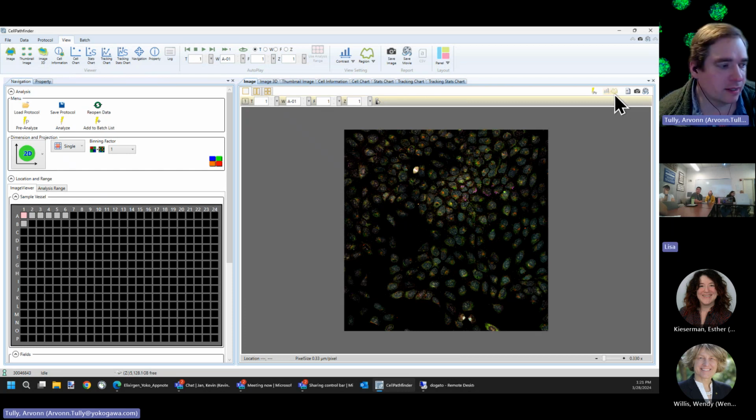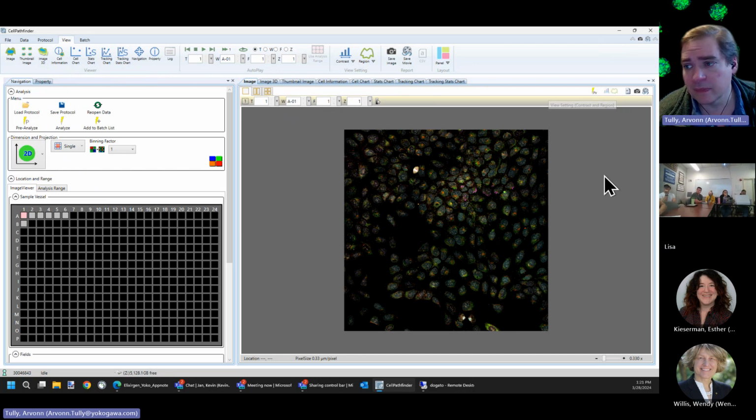But this little button right here, I don't know if I can make my screen any bigger. But there's this little button. It looks like a view setting with a region and a contrast. It's a little green circle and some blue bars. That's the second most important function in the software, because I find I use